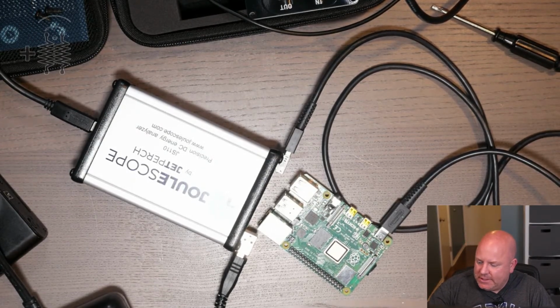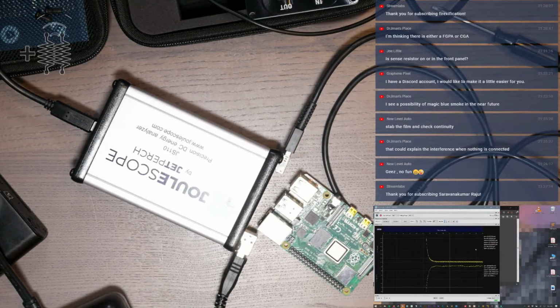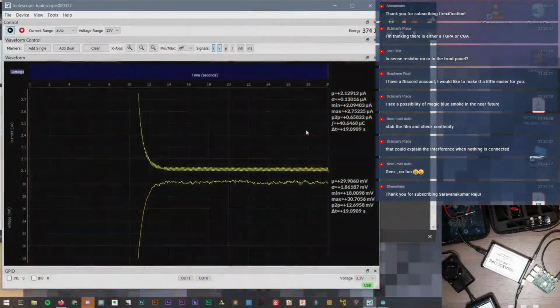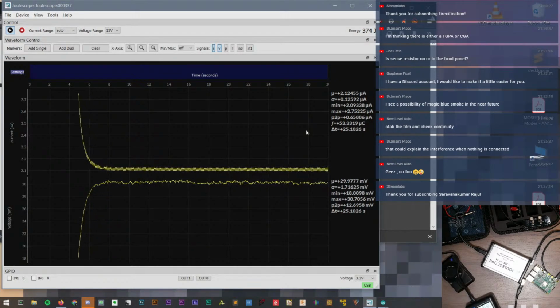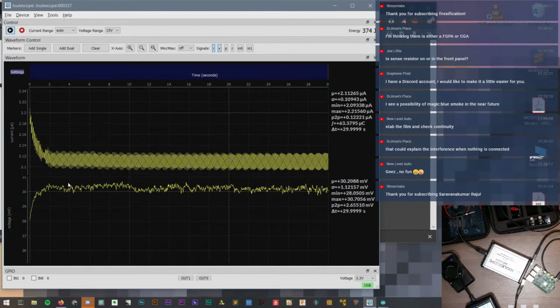Let's go back to the laptop. Nope, other way around. I want that. That way, in case the Pi blows up, you guys can see it, and then we'll switch back to me when I start crying. So right now, everything is off, so we're just seeing a little bit of noise,